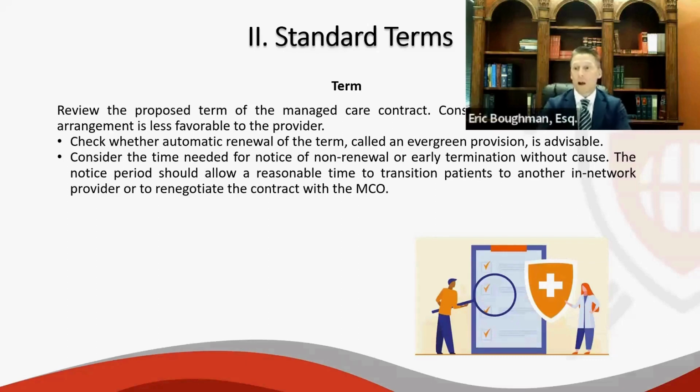So the term of the contract, as I mentioned earlier, contracts can be the type that have a defined end date. More frequently, however, you're going to find contracts that have a date that will automatically renew. The termination date will automatically renew unless one party gives notice that they do not wish to renew the agreement. Or sometimes you'll see one that just automatically renews, and they'll usually have some language that this contract automatically renews unless one party gives notice to the other at least 60 or 90 days in advance of non-renewal. If you don't see that, then you need to look at the other areas for termination